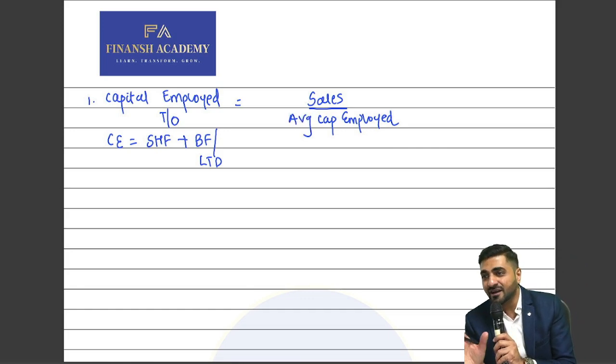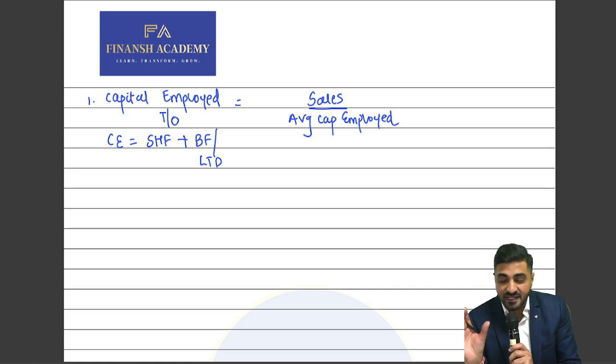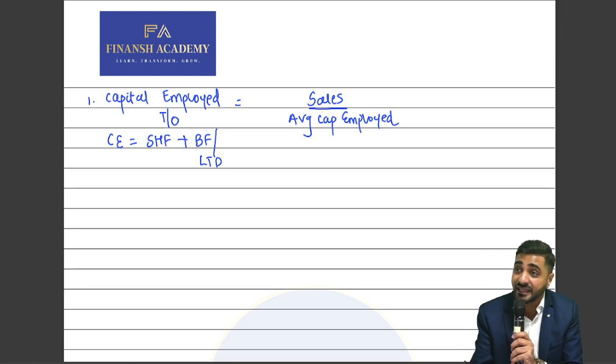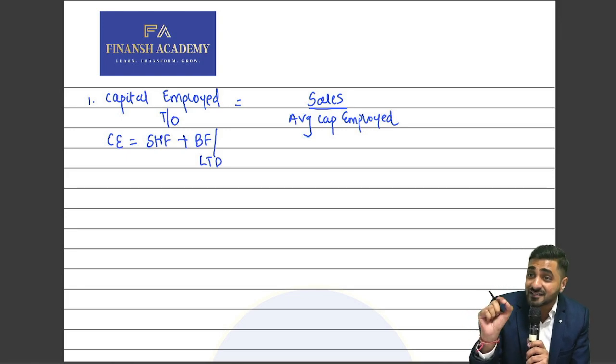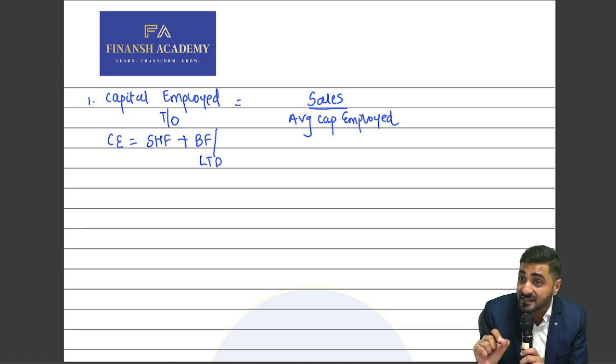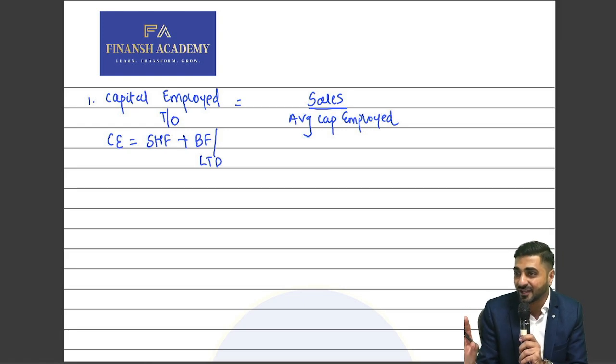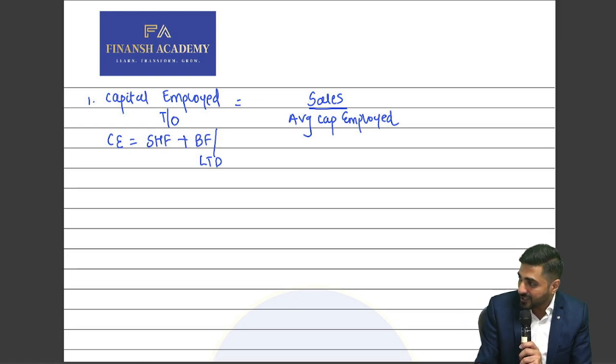Well, we're dividing that by average. That's how we'll be getting sales upon average. But yes, if closing only needs, there will be sometimes some questions in which it is mentioned that ratios relating to capital will only be calculated at the capital at the end of the year. That is the statement which is given to you in the question. It means that, is there a need to do any average? No, sir. Okay. So this is your capital employed turnover ratio.